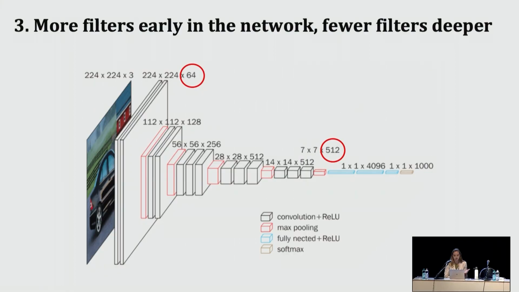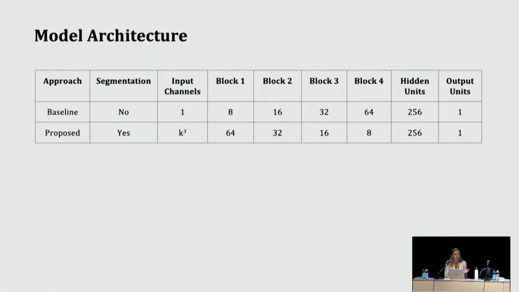So this is the architecture that I'm going to go over today. The baseline approach is not doing any of the segmentation. We have 4 convolutional blocks followed by a hidden layer in our output of the model. So we take in a 3D image. The output is just a single number, which will be our age prediction, but it could eventually be essentially any number. It could be a fluid intelligence prediction or something. So the baseline is what we're going to compare to show that our modifications are actually improving the model.